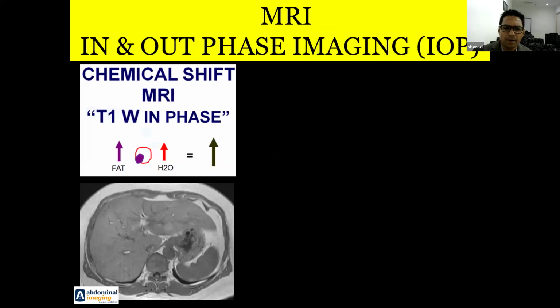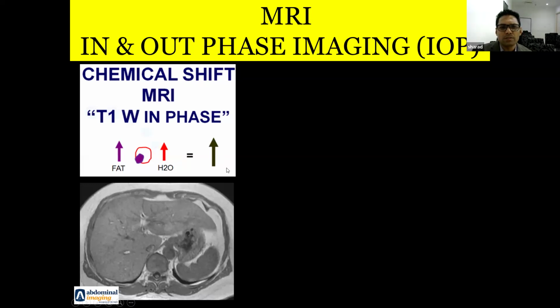Coming to MRI, as you see, there is subcutaneous fat, there is fat in the mesentery and omentum. This all appears bright on the T1 weighted image. So this is the macroscopic fat. But the microscopic fat we cannot see on a routine sequence. Why is it so? On the in phase, the fat and the water are precessing in the same direction, so they add to the signal.